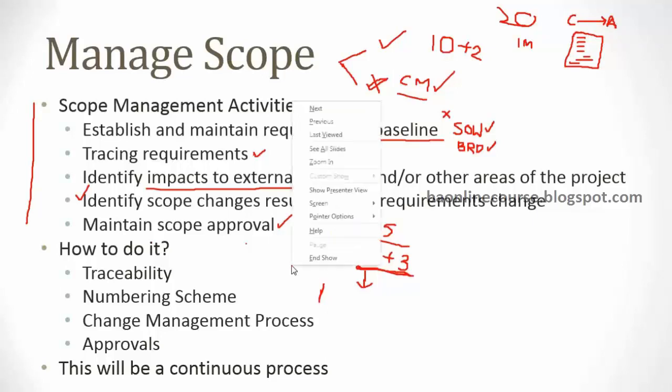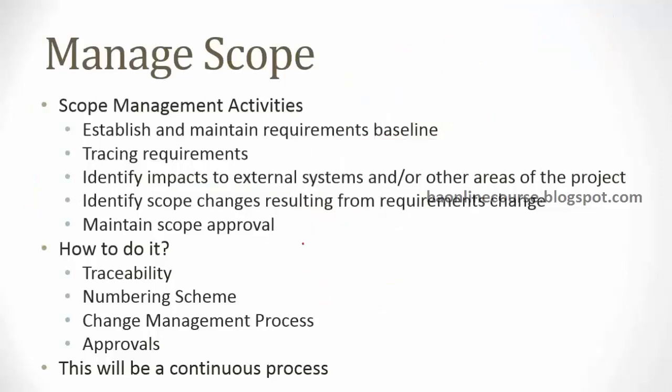The final one is maintaining the scope approval, right? Now, this again is a very simple step. Let's assume that you have captured your requirements into the BRD and then given it to the architect for designing, even before the customer has signed off. So the customer has not provided any formal approval. You said, okay, it's good to go. You go ahead and develop it. So you would go ahead even without the customer approval, design and develop it,